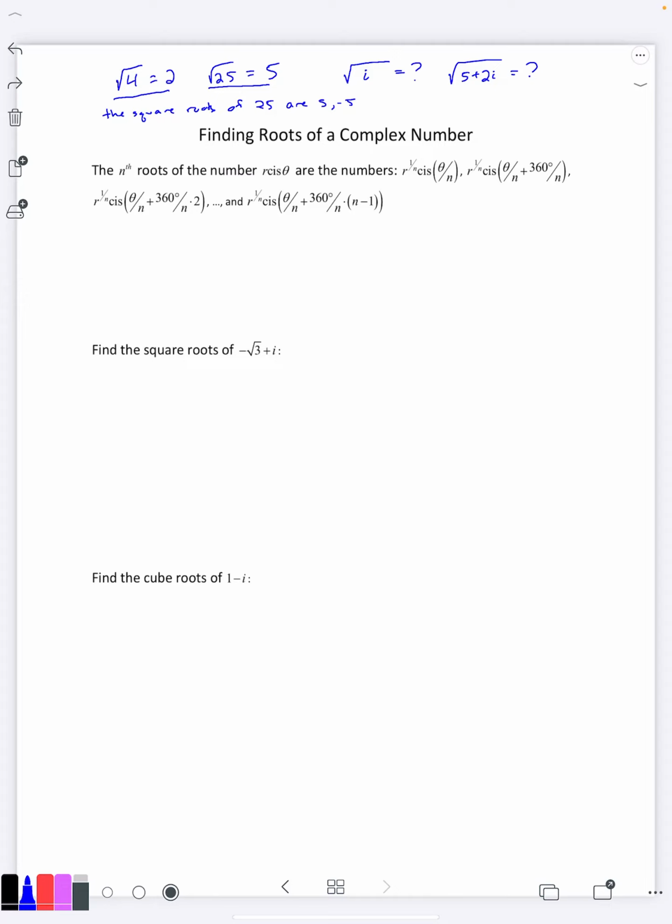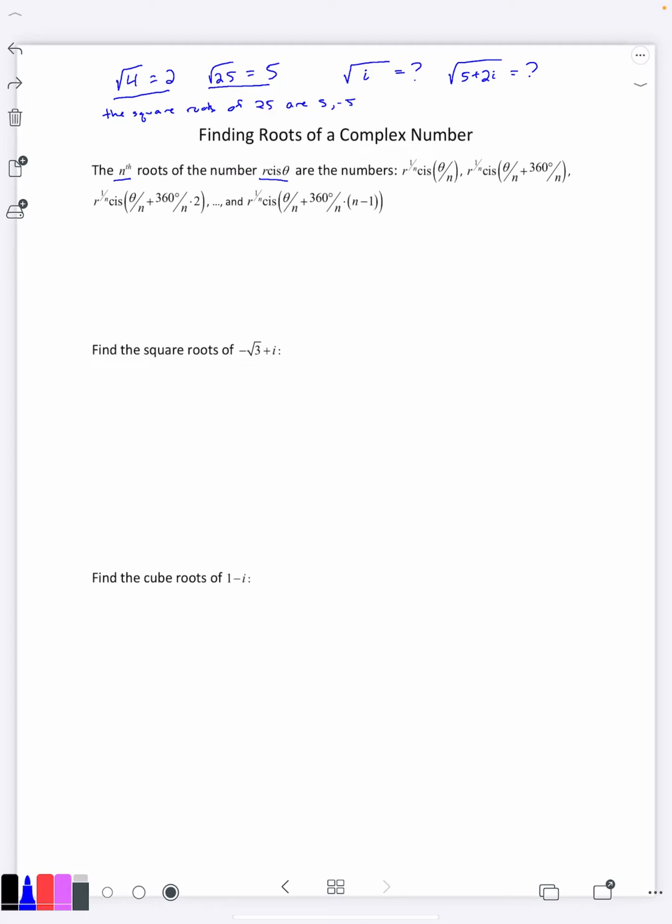When we're dealing with complex numbers, we're always going to list out all of the possible answers. So there's going to be 2 square roots of every number, 3 cube roots of any number, 5 fifth roots of every number, and so on. You have to list out all of them every time. And it turns out there's a nice formula that tells what they are, as long as you have a number in trigonometric form. So if you're trying to find the nth roots of the trigonometric number r cis theta,